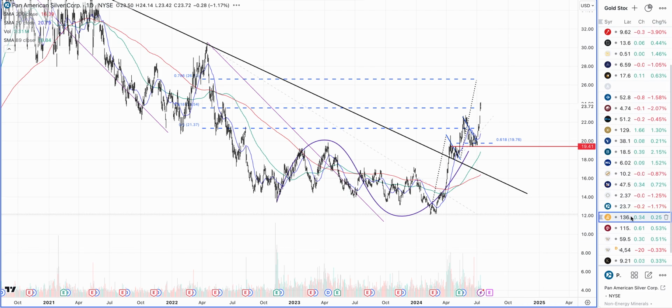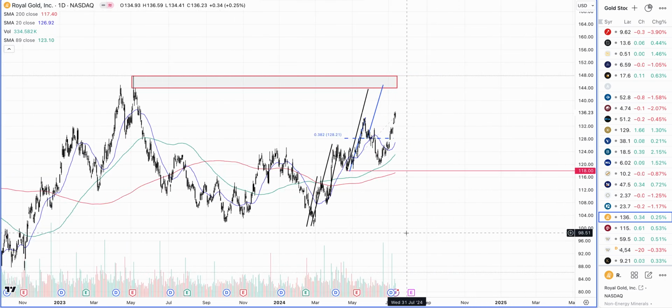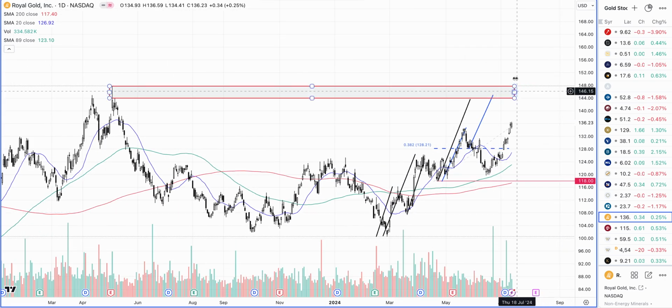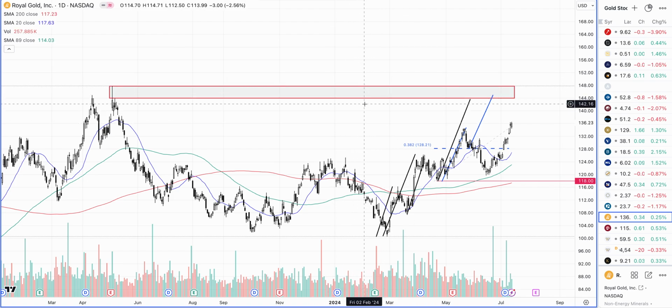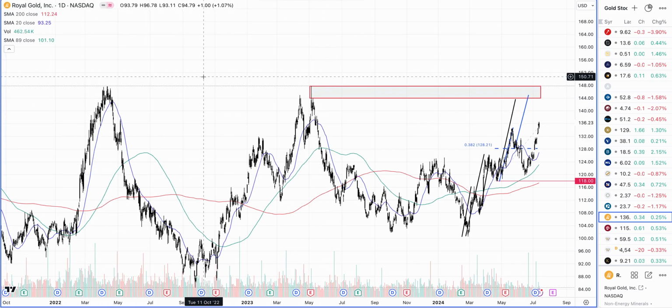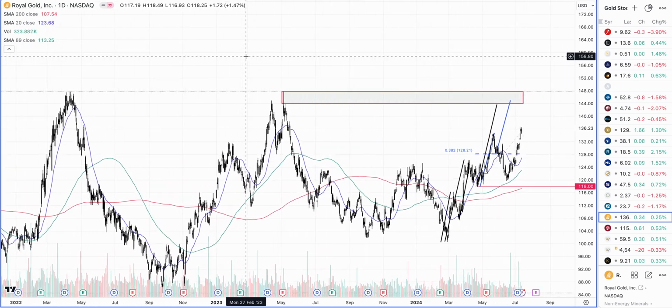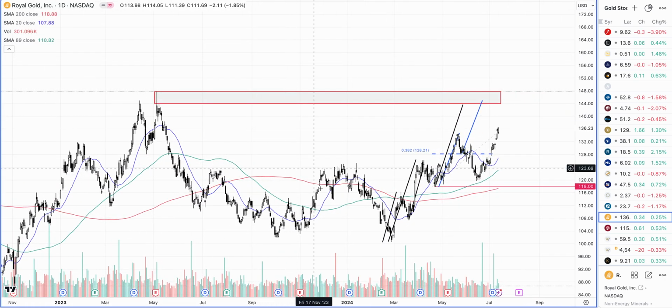Okay, this one is Royal Gold. This is one of those royalty stocks. Here on the daily chart, we have been actually watching for this 144. There's like a gap here. The market, in my opinion, wants to move to this one. That's also going to be a retest of these highs with respect to this high, which was a double top formation. So really interesting. We can see royalty stocks have been in bigger ranges.